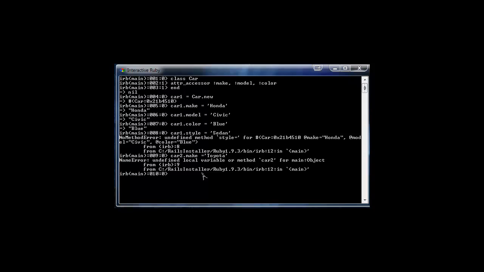Oh, we have to define it first. We can't just, we have to define each object. So car2 equals car.new. Whenever you're going to create a new car, you have to name it, and then you have to do the car.new. Now we can say car2.make